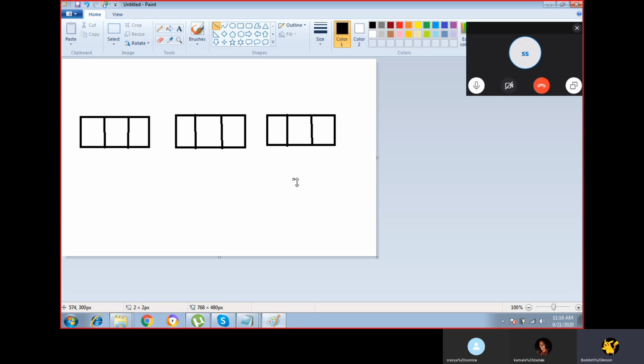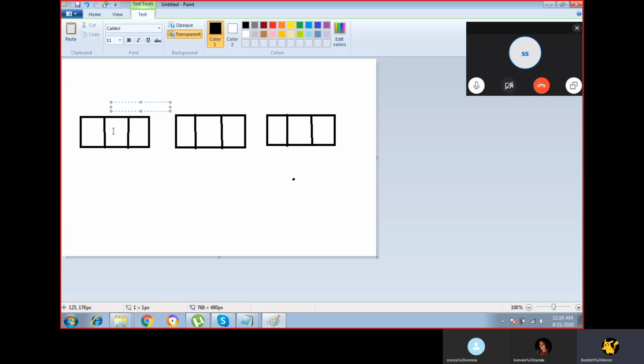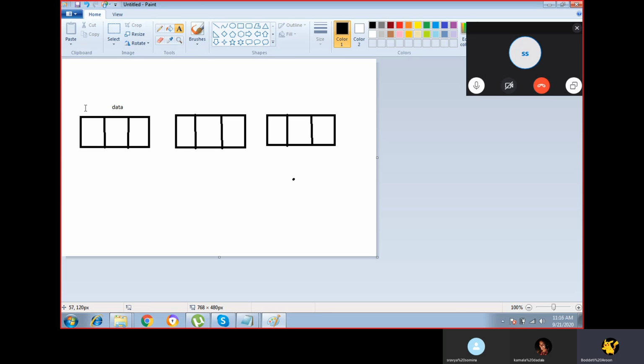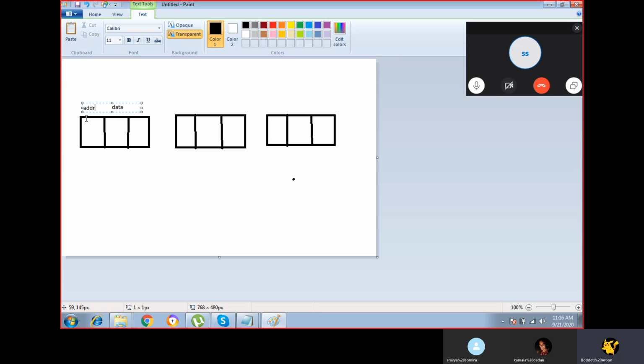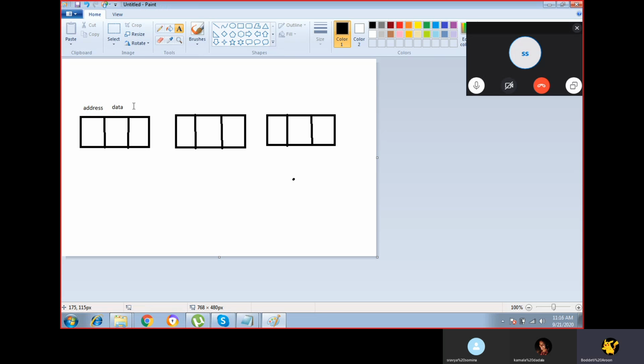One is the data field, and these both are address fields.